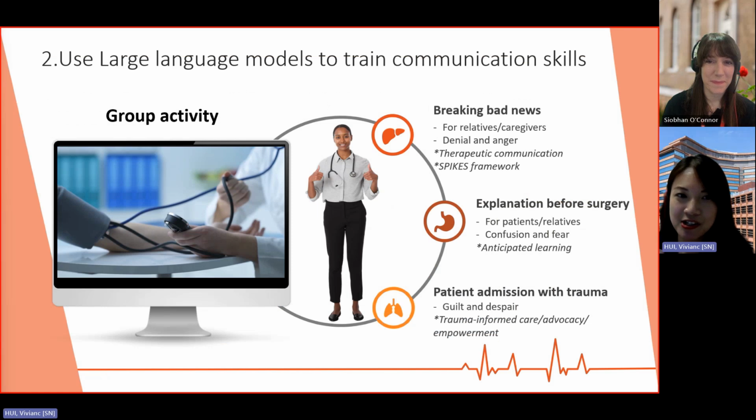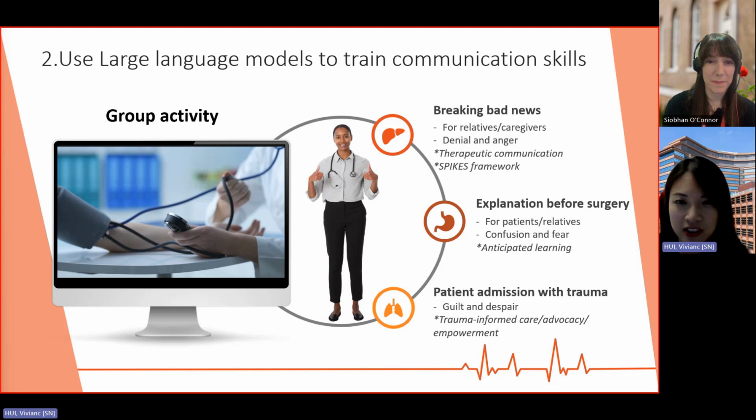Another one is we use large language models to train communication skills. So the students were divided into groups, like 10 students in a group, and then they can use ChatGPT or DeepSeek model, whatever large language models they have. And they have some background information, like they have to break bad news, such as brain death or a cancer diagnosis, to the relatives and caregivers. And they need to interact with the generative AI